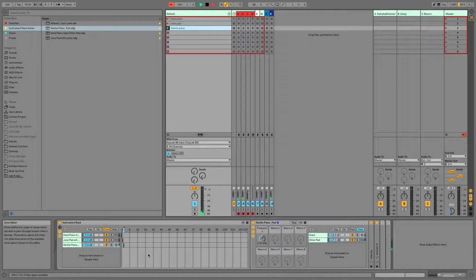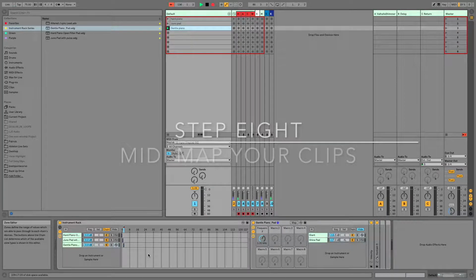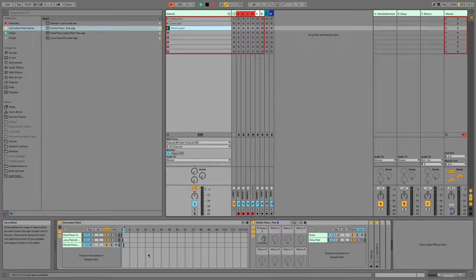Our final step is MIDI map our clips. So step 8, MIDI map our clips. I recommend that you use MIDI CCs rather than notes, because if you map with a note in Ableton, that note becomes unplayable, which is not desirable for a live performance situation. So to MIDI map, you can click over here on this button that says MIDI,